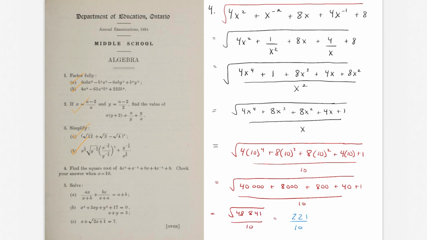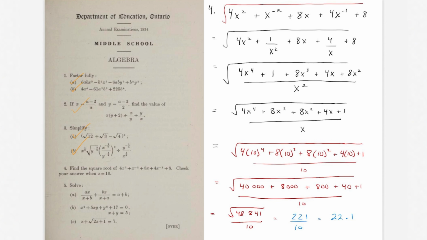And so I just plugged x equals 10 into each term. And of course, this took forever because I didn't have a calculator, so I was doing everything with mental math. And ultimately, I got my final answer down to the square root of 48,841 divided by 10. And now, because I didn't have a calculator, I had no idea what the square root